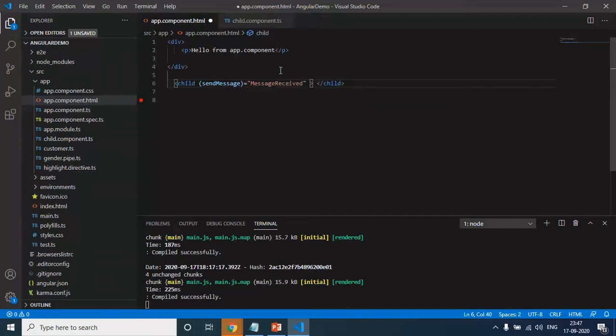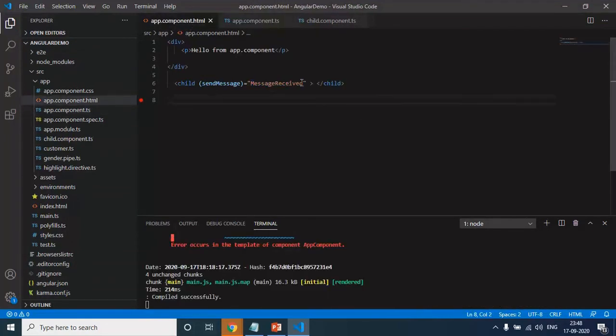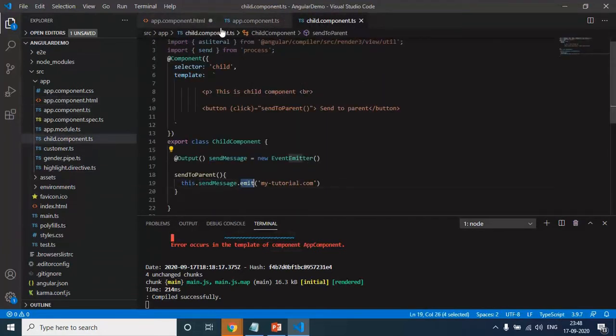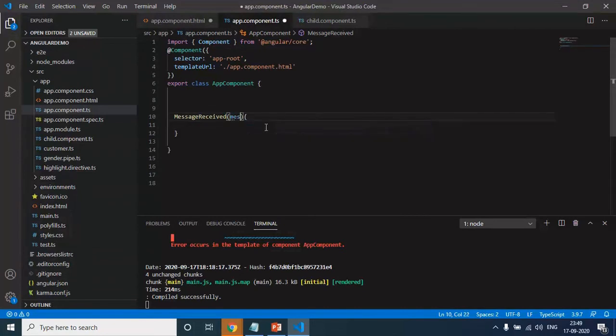So this method is not yet declared. So let's open the app.component.ts and let's declare a method. So this method is now declared. One more thing we need to do is, this method will receive data here in the $event. So I need to give this $event. Now this method is receiving all the values that I am passing from here in this parameter. So in the component also, I need to give a parameter. So I will give here message. I will give this parameter of the type any.